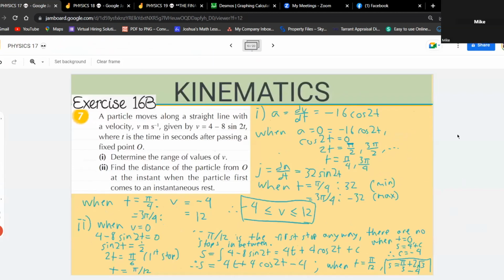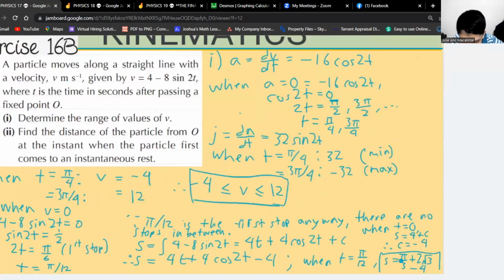Okay, so pi over 3 plus 2 square root of 3 minus 4 or 0.511. Yung units, dapat meters yan eh. Sabihin mo lang yung units in meters. Sige, yung number 8,